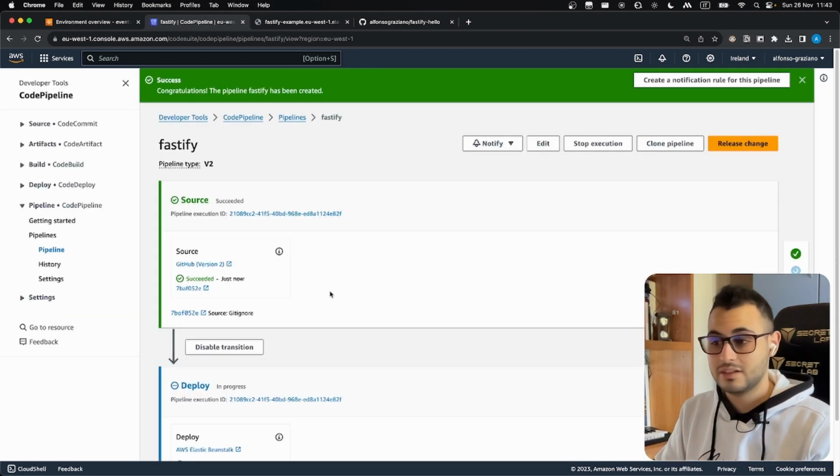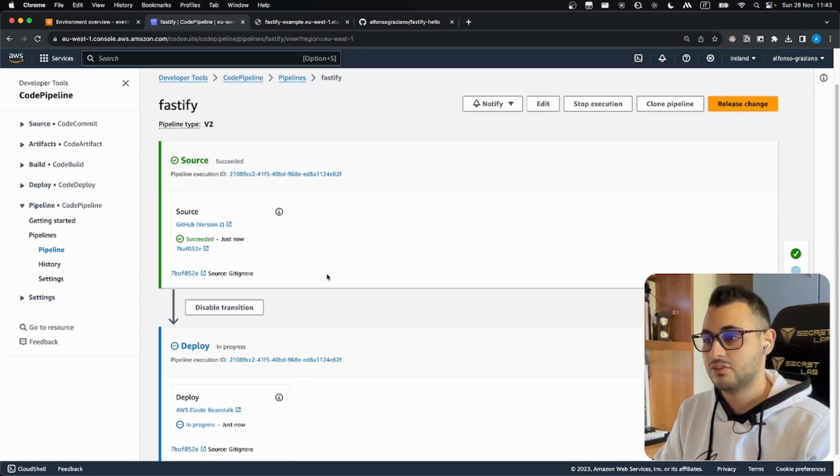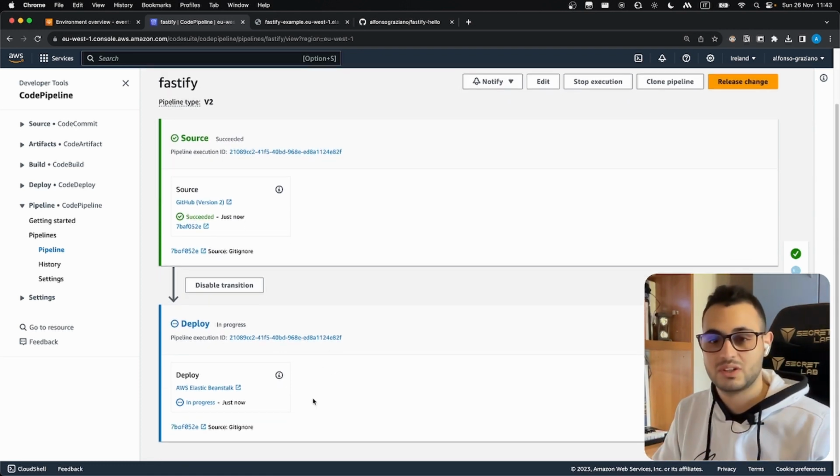You have to review all the settings and create pipeline. The pipeline is being created. Now I just downloaded the source code from GitHub and it is deploying on Beanstalk. The first deployment has been